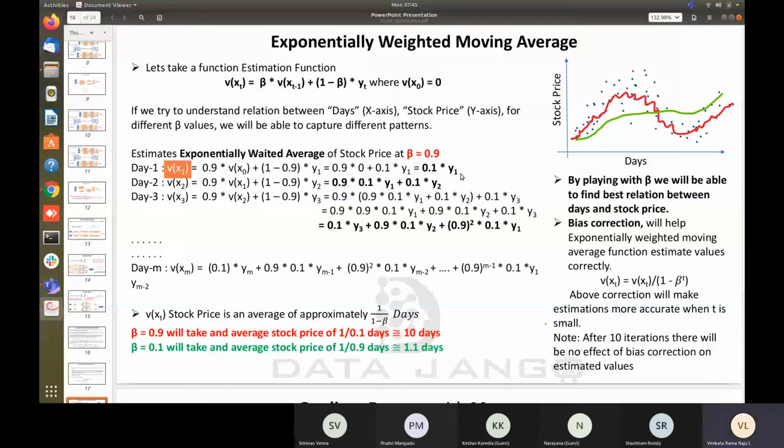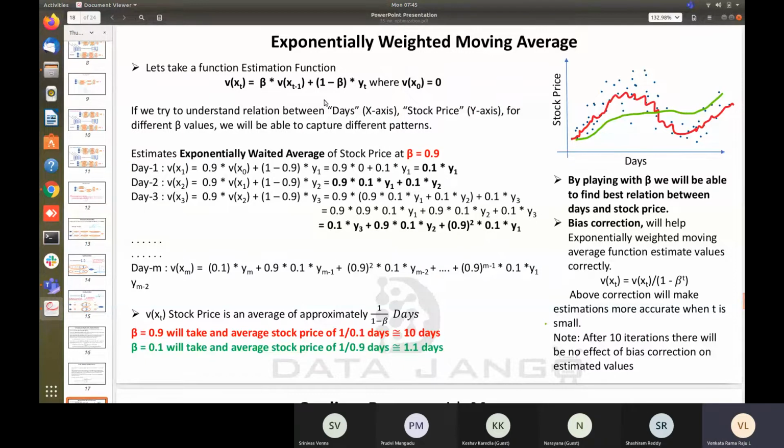If the function calculates correctly, we should get exactly y1. But it is getting 0.1 y1, right? So that is the point I wanted to explain. V of x1 is not calculating correctly, maybe because beta is wrong. If you change beta to 0,